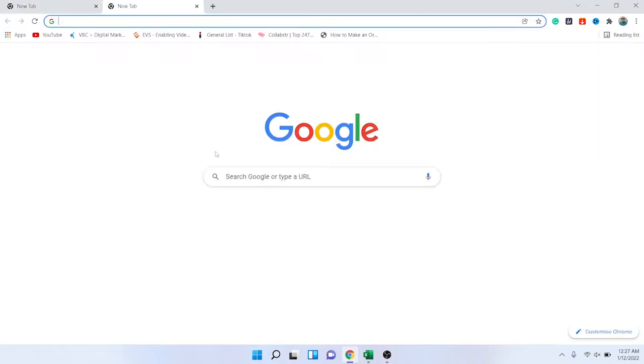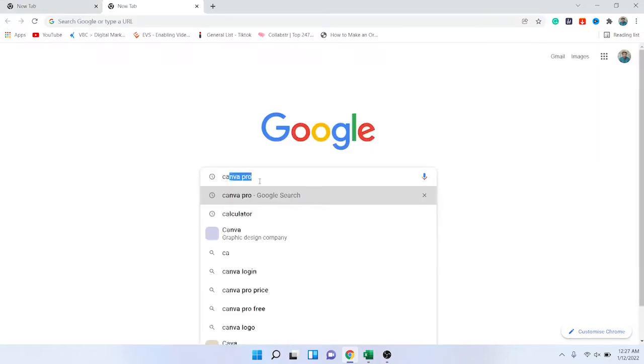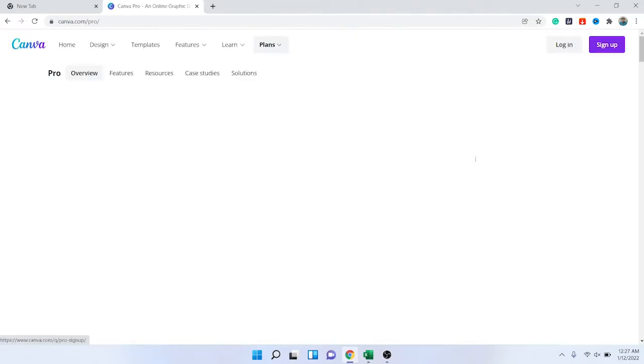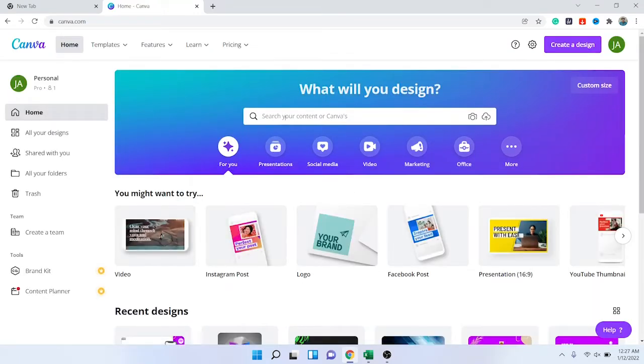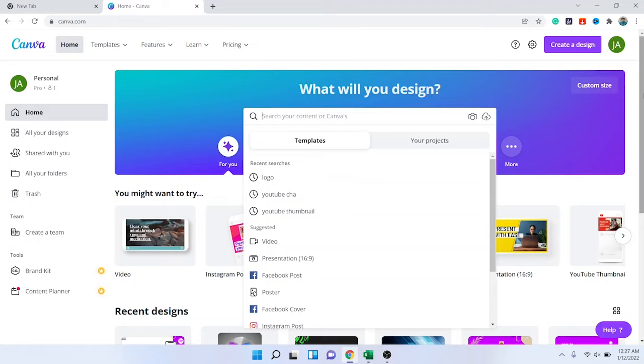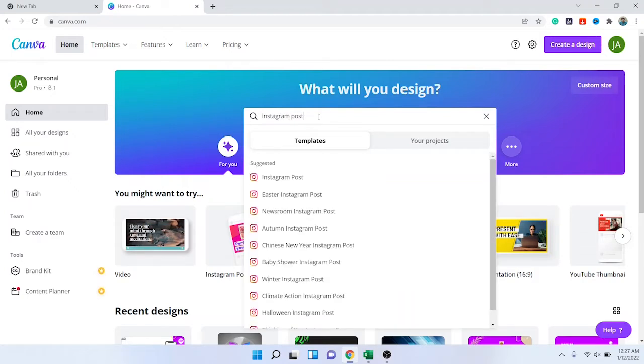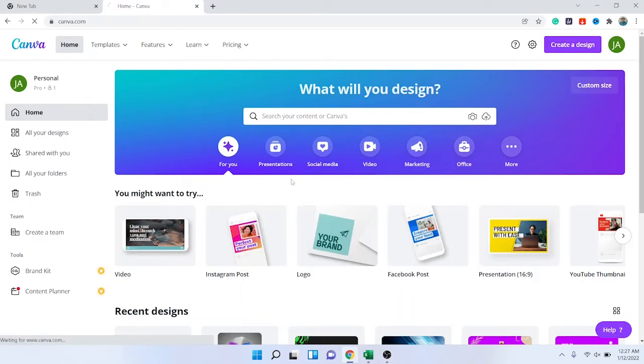First, you need to search in Google canva.com, or you can search Canva Pro. Open that website and then you need to log in. I already created an account. You need to simply first create an account on Canva. Then you need to search here Instagram post and select the first one,